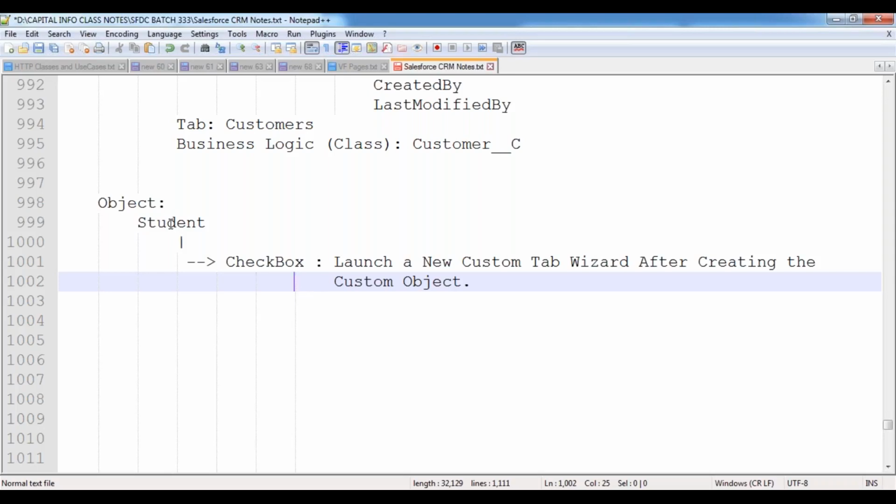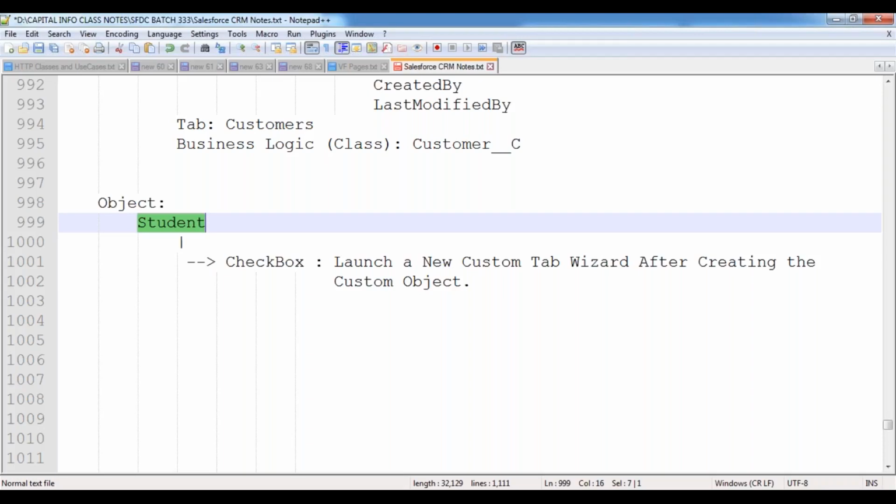If the tab is not available, then how can we manage the records inside this student table? Through programming, we have to manage it using the Apex programming language, or by using some tools given by Salesforce, such as the Data Loader tool, or the import wizard feature, or by using some third-party tools, or some integration processes. If the tab is not available, we have to manage the records through programming by writing some code, using Apex.